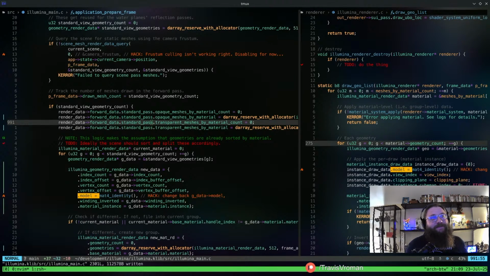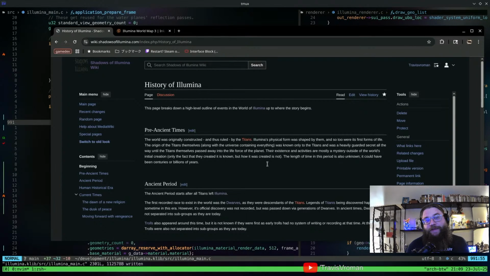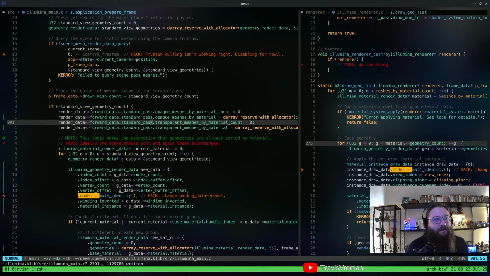PHP mentioned, yeah. Yeah, I mean, this is PHP powered technically, so there's that, but yeah. Anyway, so